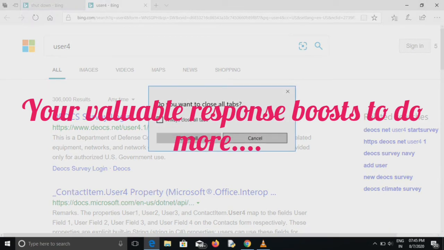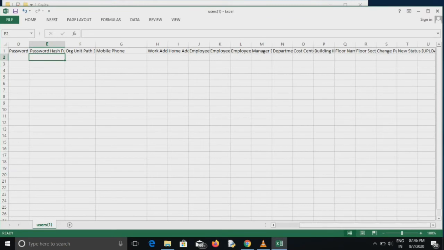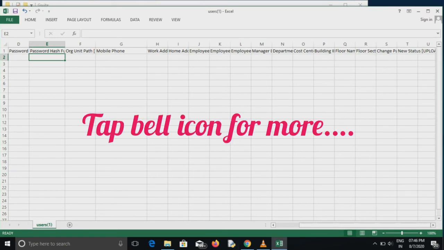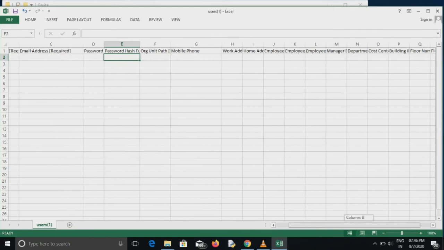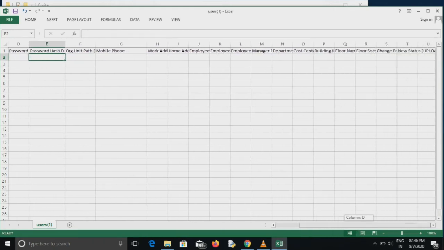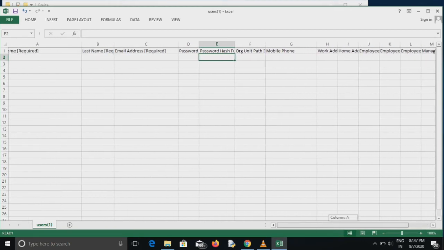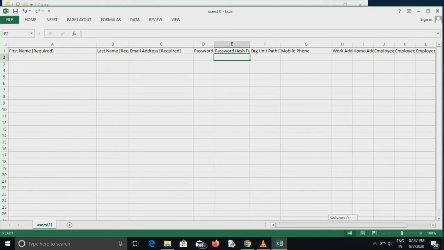As we have already seen, we have to download a CSV file, and it will look like an Excel file. There are many fields in this file, but there is no need to fill all the columns. Some fields are essential, then only the file will be uploaded successfully. You have to type first name, last name, password required, then email required. Email required means we have to type the email at your domain, for example, test at what is your domain.